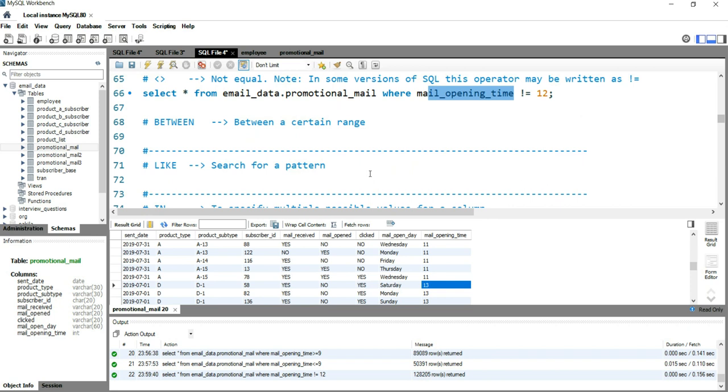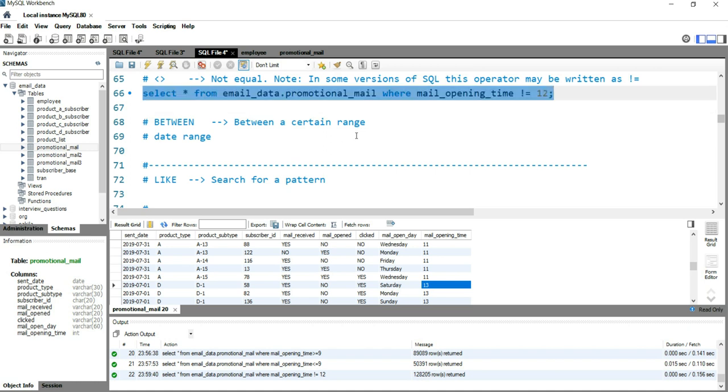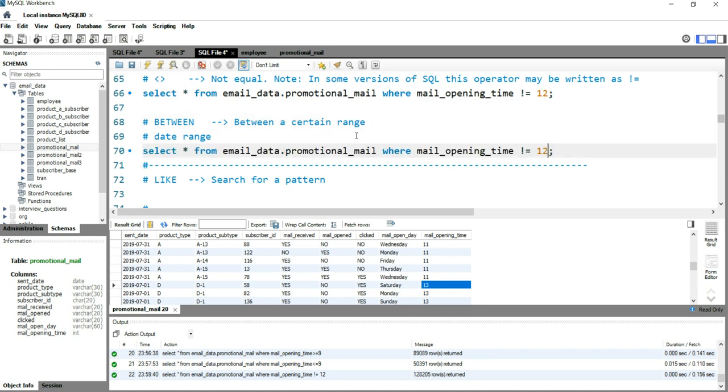Now let's think about a scenario where you want data based on a certain range, and when I say range, it can be a text range, a number range, or a date range. I'll show you all those three examples. So let's take the first one, date range. I want all my data which was sent on 1st of July 2019 till 2nd of July 2019. So what I'll do is